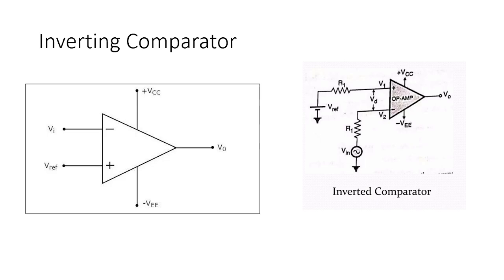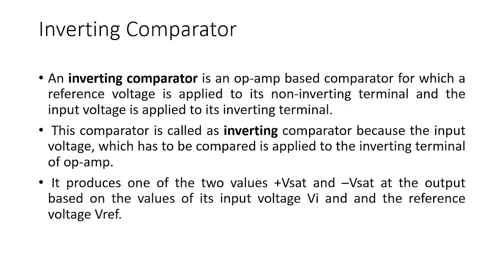Basically, the output is either positive V saturation or minus V saturation, because whenever we operate our operational amplifier in comparator mode, there are only two outputs: either the output is high or the output is low. So an inverting comparator is an operational amplifier based comparator for which a reference voltage is applied to its non-inverting terminal and the input voltage is applied to its inverting terminal. This comparator is called an inverting comparator